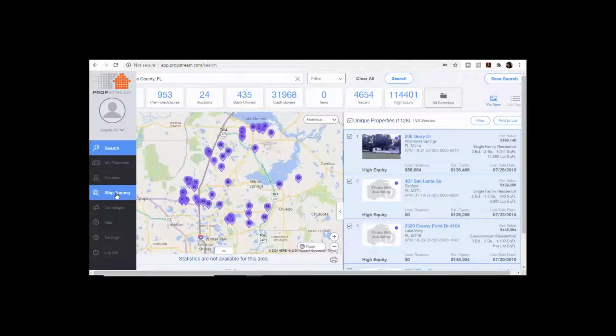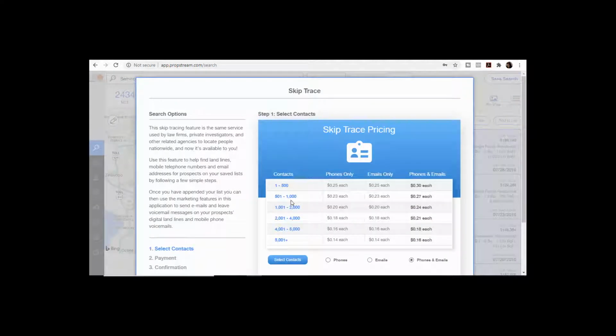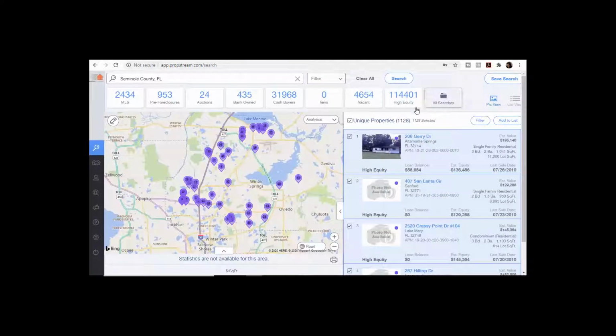And PropStream has skip tracing built in here that you can pay for. Let's say that was a little over 1,000, so you'd pay about 27 cents a piece for those names. I do have a skip tracing service that works for about 15 cents a name, and there is a link in the worksheet also for you. What that would do is pull it out into either a comma separated value or an Excel spreadsheet, and you would be able to send that off to the skip tracing company